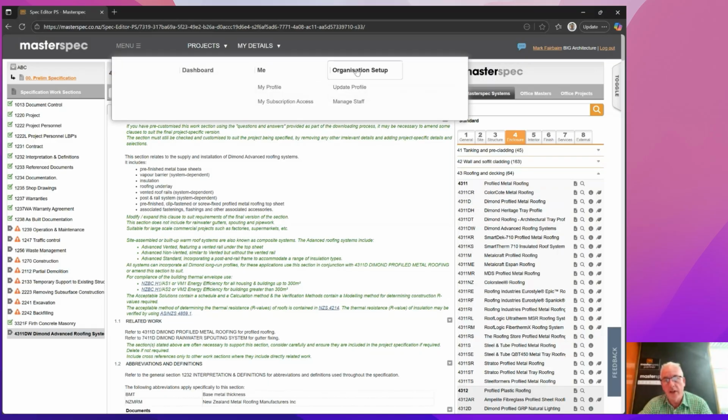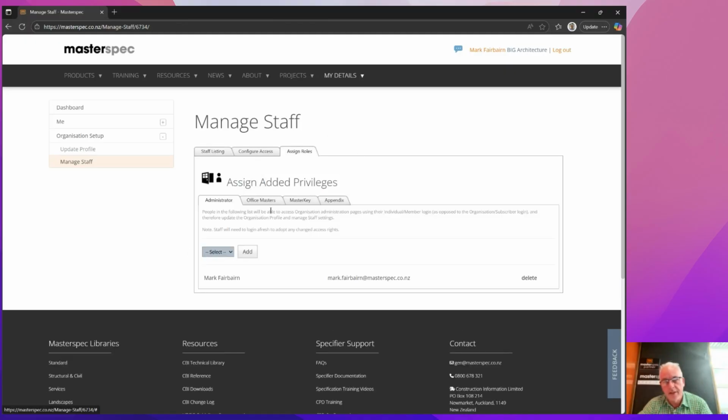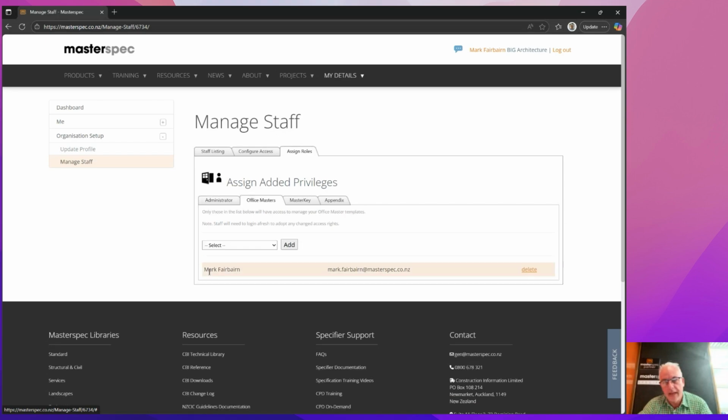It's under Organizational Setup. If you can't see Manage Staff, you're not an administrator, and this is where you can control it. And under the Assigned Roles, there is an Office Masters tab, and this is the person in this particular practice, me, who can control it. You can obviously have multiple people. In this test account, I only have myself, but it would show all the people who are